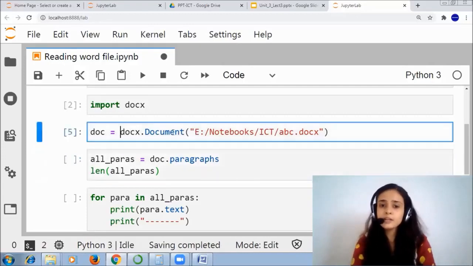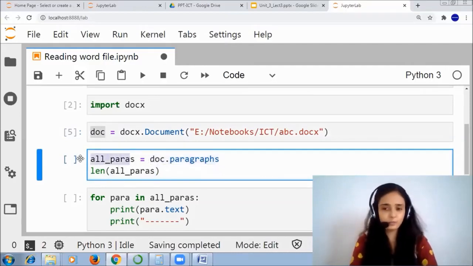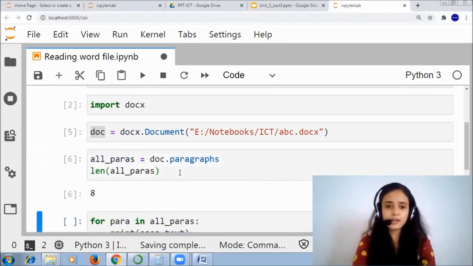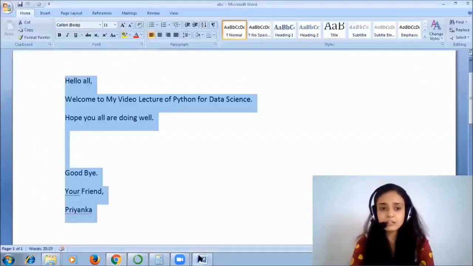Now whatever my document is, it is present in my doc object, and I am writing doc.paragraphs. How many paragraphs are there in my document? That will be stored in my object called all_paras, and I am printing the length of all_paras. It gives me the length as 8, because there are a total of 8 different rows in my document.